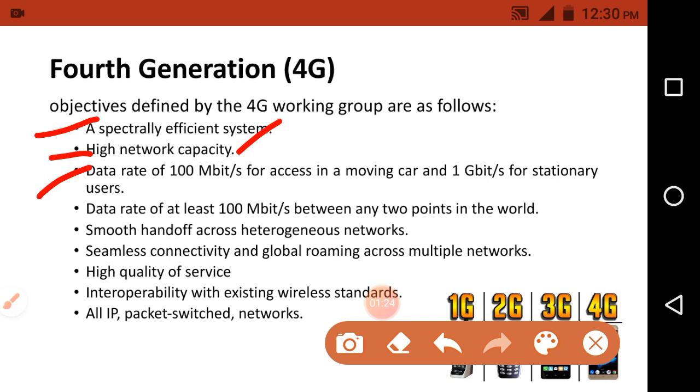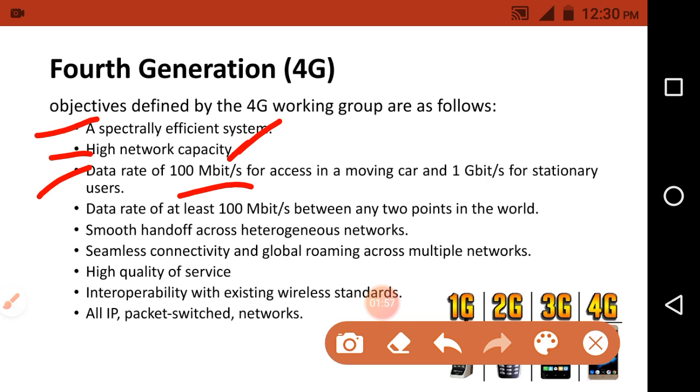The third one is a data rate of 100 megabits per second for access in a moving car, and 1 gigabit for the stationary user, as in the third generation technology we discussed. Any user accessing the internet using 4G technology in a moving car can get a speed of 100 megabits per second.